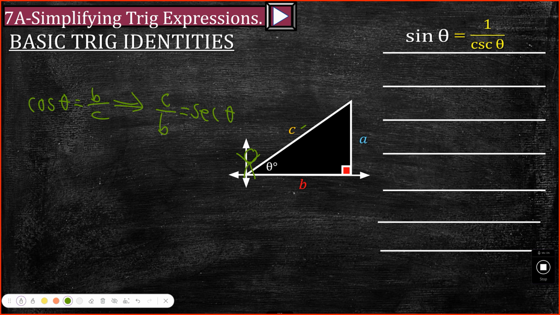If you flip it again, you're going to get what? B over C. B over C is 1 over secant theta. So this is just going redundant. So we're saying that cosine theta will equal 1 over secant theta. B over C is cosine theta. B over C is 1 over secant theta. Cosine theta is 1 over secant theta,